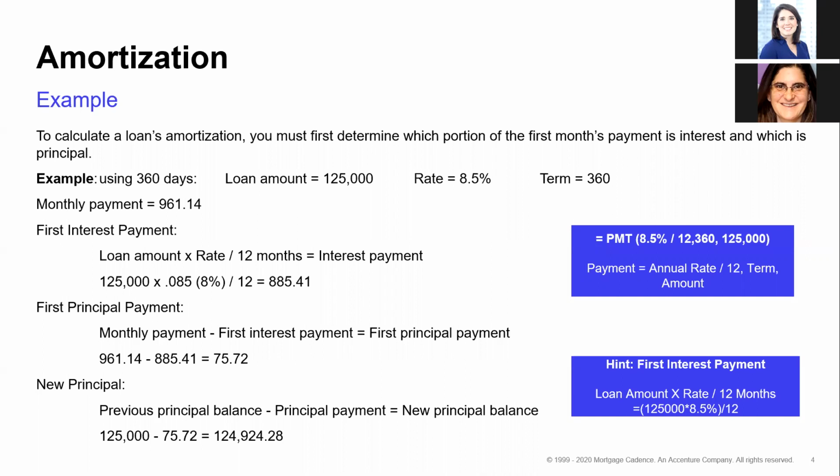Then we look at it and we say, well, how much is principal and how much is interest? Interest is really simple. Interest is just loan amount times rate divided by 12 months. That's it. It's a very simple calc. So were we to do that here, we would do exactly that. We'd say, okay, 125 grand at 8%, or I guess up here I have 8.5, so a little inconsistent there, sorry, is this much. And so if my payment is this much, minus this, that's what gives us our math.